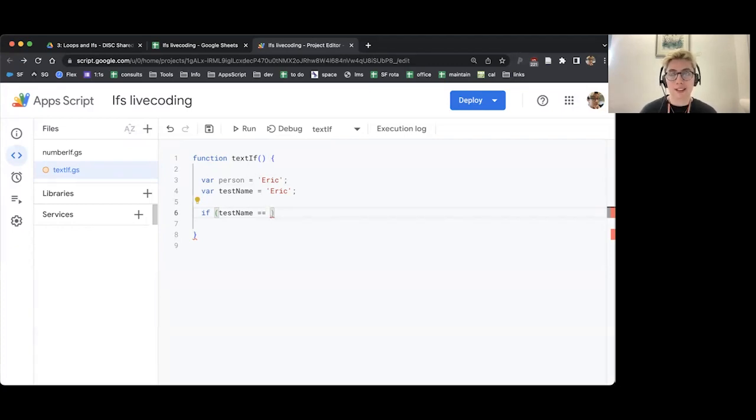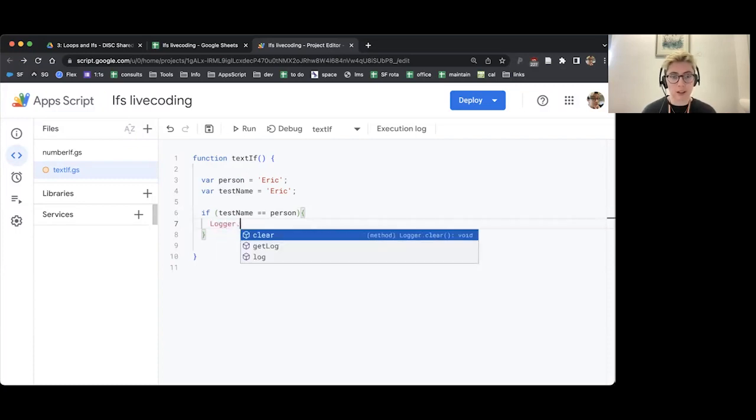Then I can do the space, and then I'm going to write person. So I could have just put the strings here, but by putting them in variables, we're seeing probably what's more likely to what we'd be doing. We'd be getting variables of data we'd taken from other stuff, and we'd be comparing them in our if condition. So I'm going to see if they match. So here I'm going to put some curly braces at the end again, hit enter, and write some code that will happen if they do match.